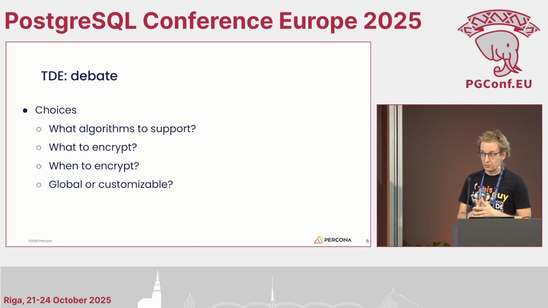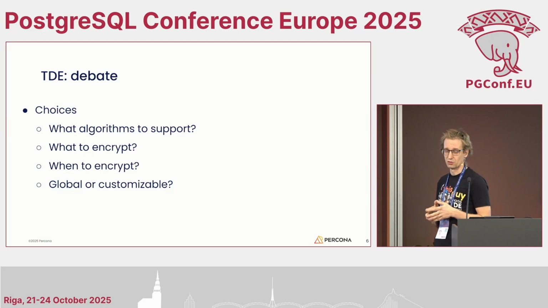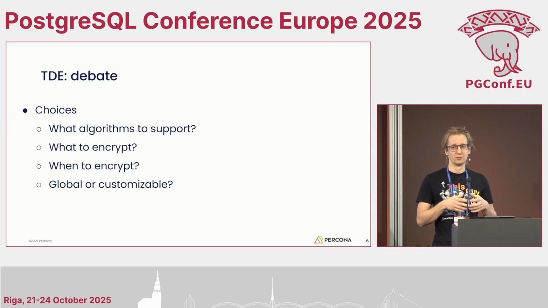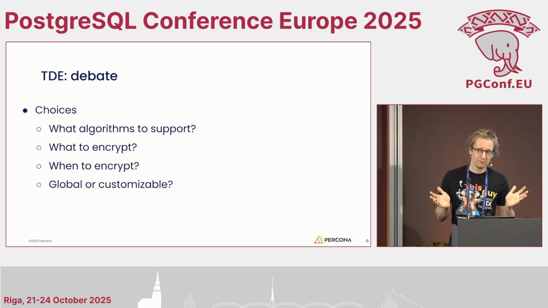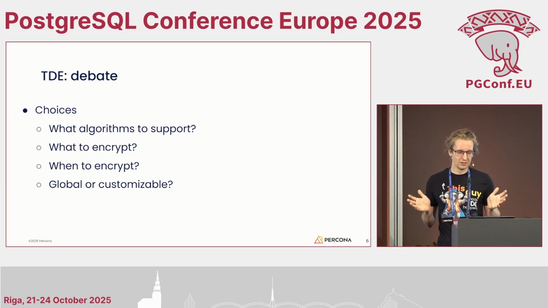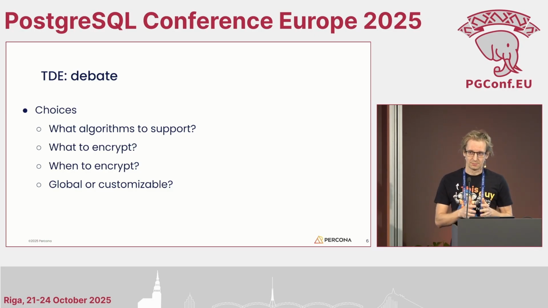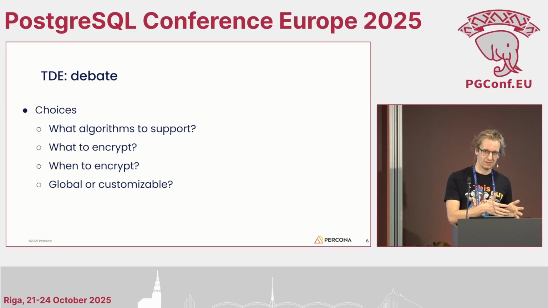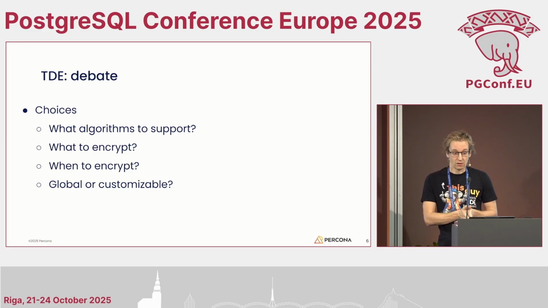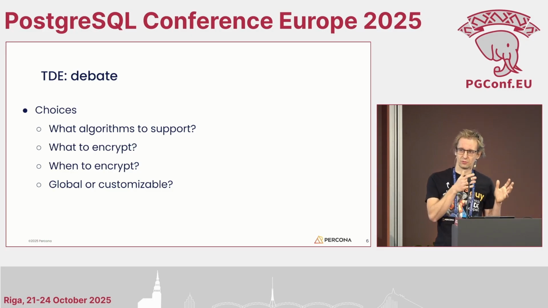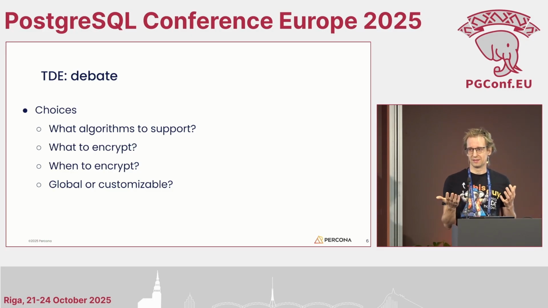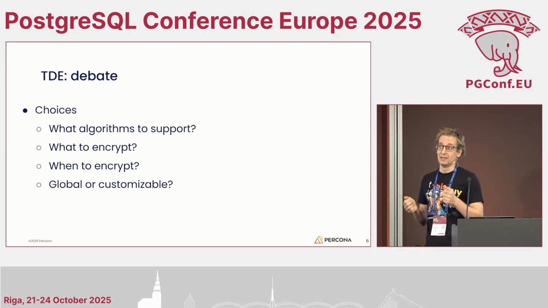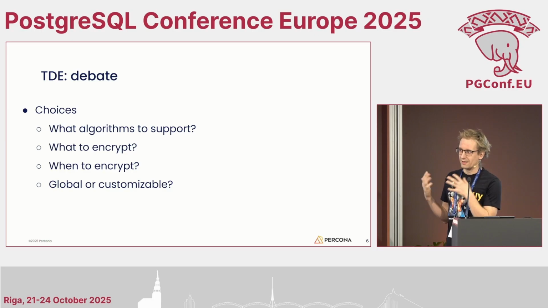And another part of the typical debate is choices. Encryption is not a single easy topic. We have many difficult decisions to make there. There are lots of encryption algorithms, key sizes, many libraries that can help us implement encryption. We also have to decide which files we want to encrypt and which files it's okay to leave unencrypted, either initially and then we add support for them later, or maybe we don't want to encrypt them ever because it's not really important.